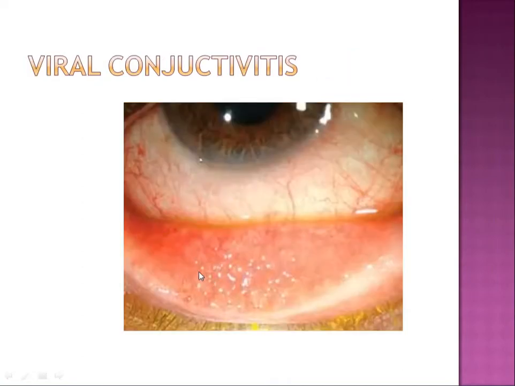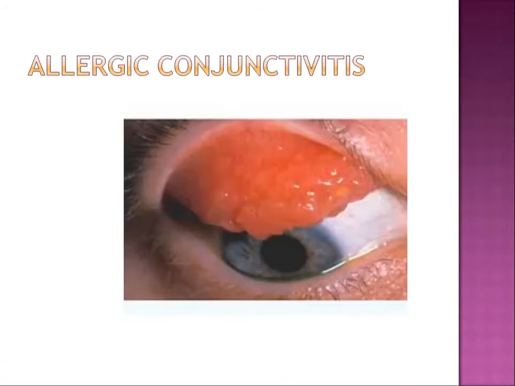In this particular picture, you can see follicles which are present here. The discharge is not typically mucoid. This patient had watery discharge, and there are follicles present in his eye in the palpebral conjunctiva, probably with systemic symptoms like fever, which may be there or which may not be there, depending on the aggression of the virus. So preauricular lymphadenopathy can be present in few cases. That will also be helpful.